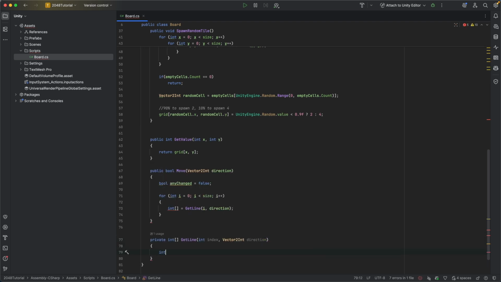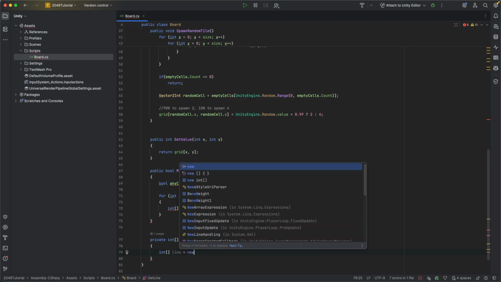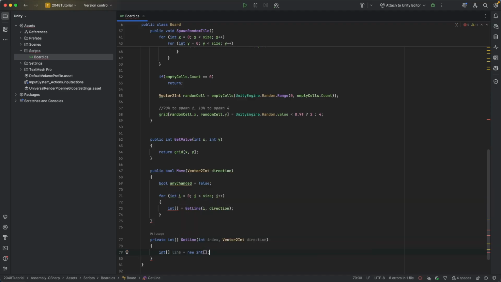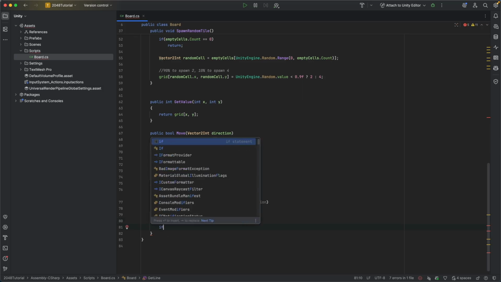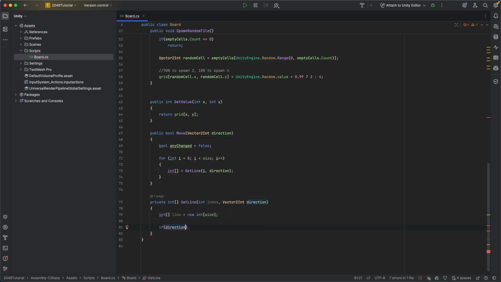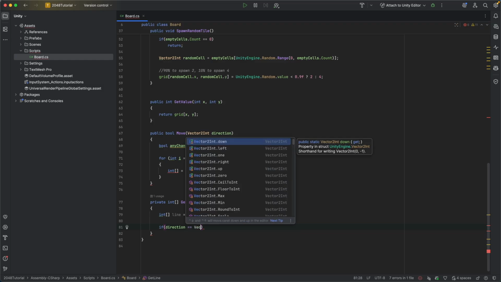And then int array line will be equal to new int size. So it's going to be the size of our grid line. And then if the direction is equal to Vector2Int left,